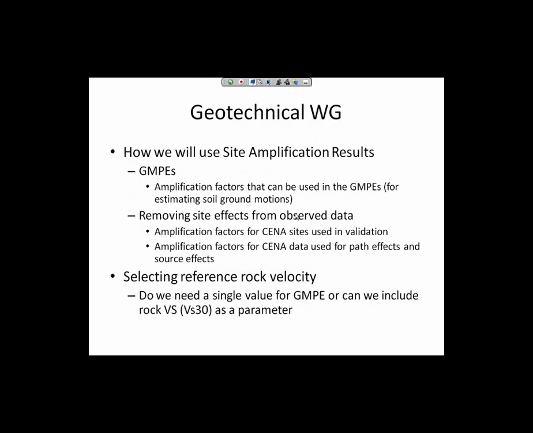For selecting the reference rock velocity, are we stuck with picking a single value, and we will say it shall be, I'm going to use meters per second, not feet per second, 2,800 meters per second or whatever that's going to be, or should we actually be having that as a parameter in our model? I'm not sure what is really the single best way to do it. I think our current plan has been a single value, right? And that's what Youssef was geared towards.